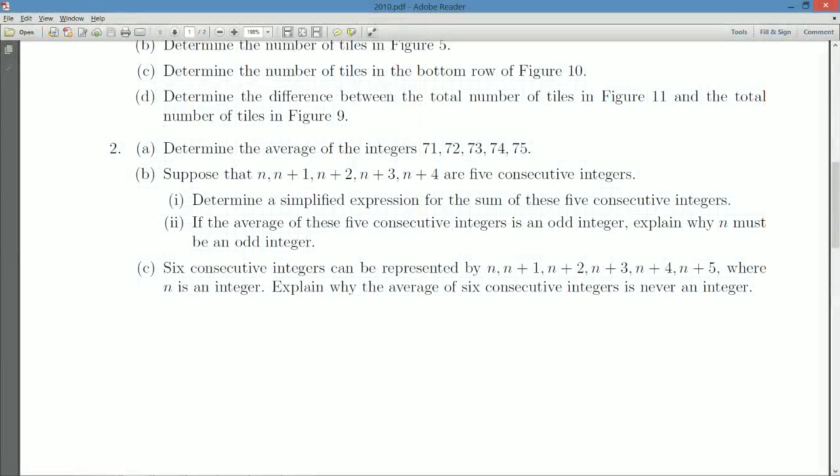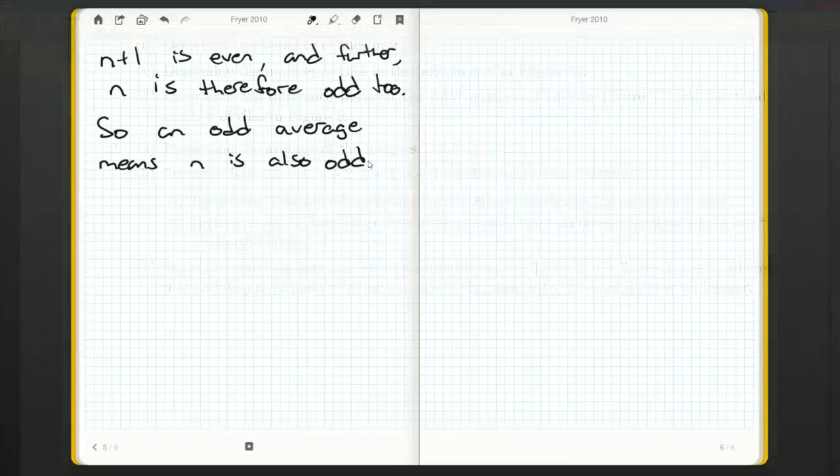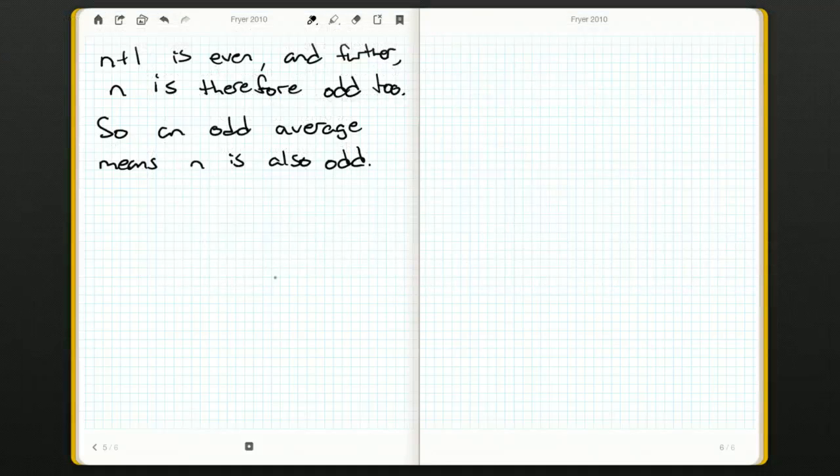Let's take a look at C. 6 consecutive integers can be represented by n plus 1, n plus 2, n plus 3, n plus 4, and n plus 5, where n is an integer. Explain why the average of 6 consecutive integers is never an integer. Well, what is an average? Well, we need the total sum